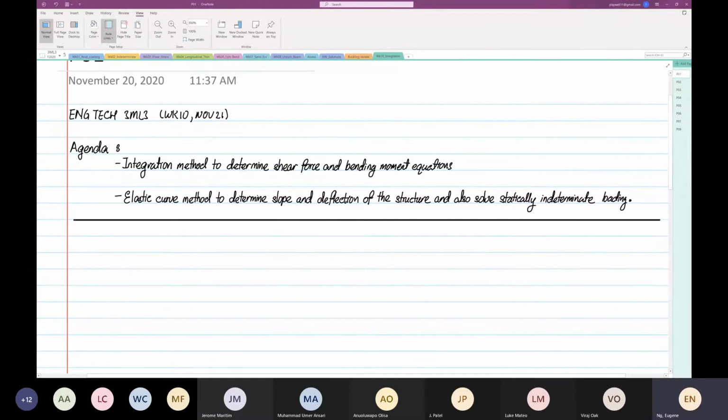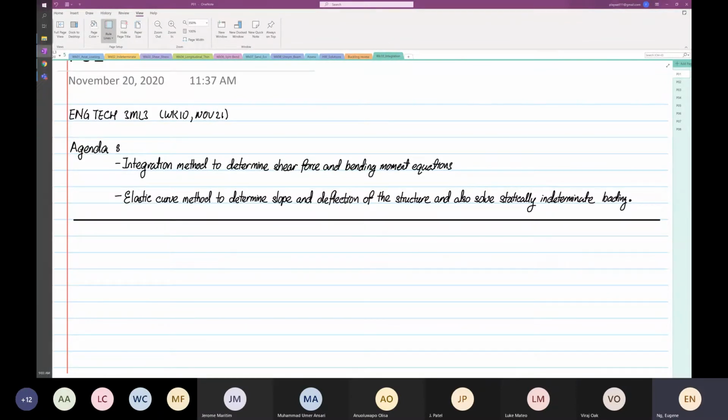Right. So today's lecture is going to be very math based. Okay, I'll tell you this straight first. Very math based. We are going to use the integration method to determine the shear force and bending moment equations. Okay, and this integration method is very unique. I would say it's one of the most powerful techniques to determine the shear force and bending moment